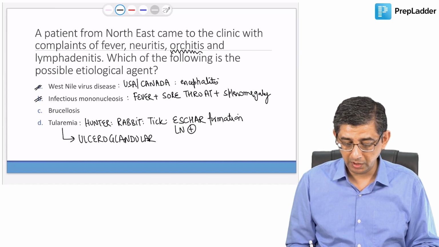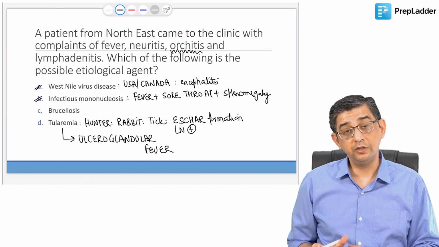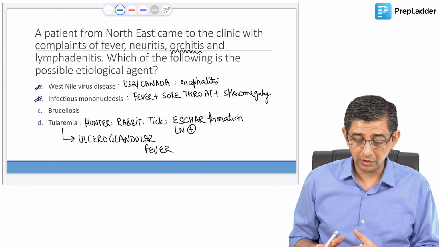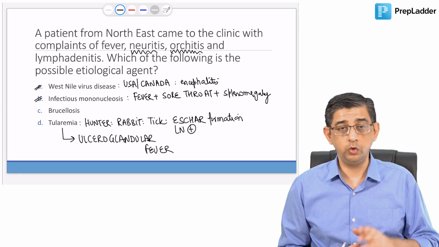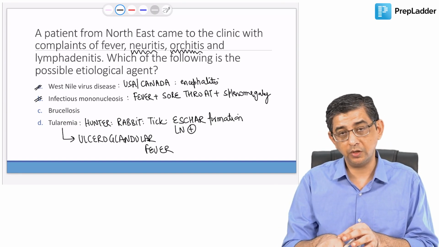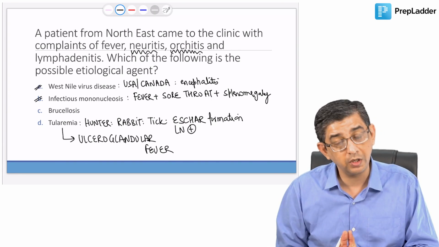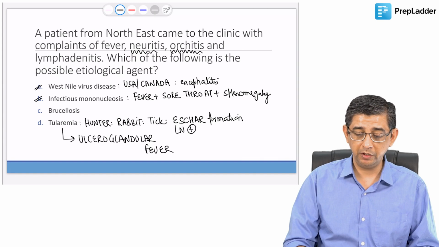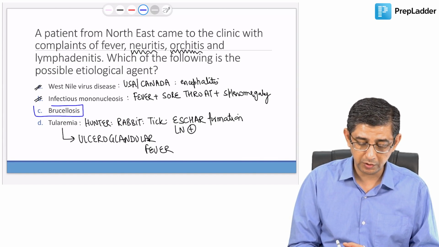But in this particular case, you can notice the fact that lymphadenopathy is definitely present, but at the same time, there is no mention of neuritis and orchitis, which are not found in tularemia. The two presentations of tularemia are the eschar on the hand and the lymphadenopathy and lymphangitis that is present. There is no neuritis, no orchitis. This was relatively a difficult question and is again a zoonotic infection that can come from unpasteurized milk, that is